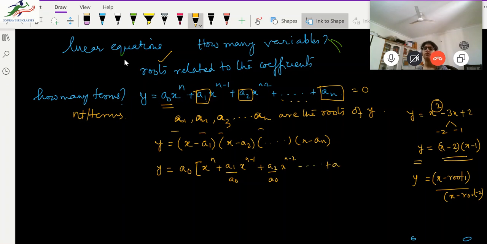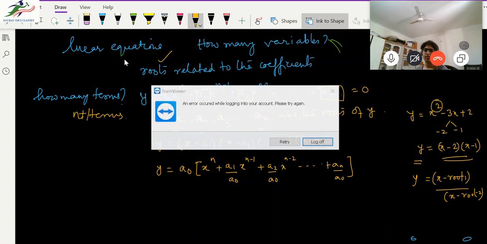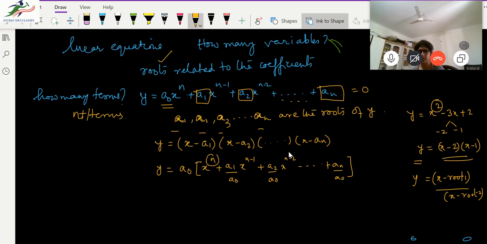And the last term will be an by a0, right? Now, if I do this, then I can clearly see that there are n roots because x is to the power of n, correct? Okay. So therefore,